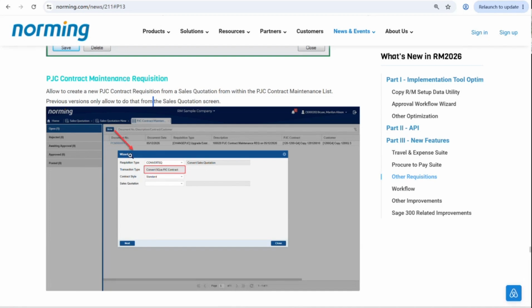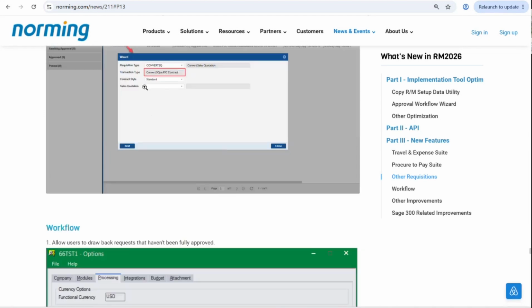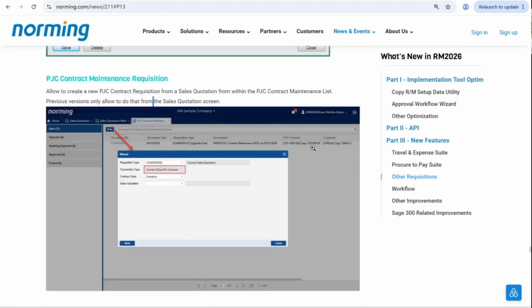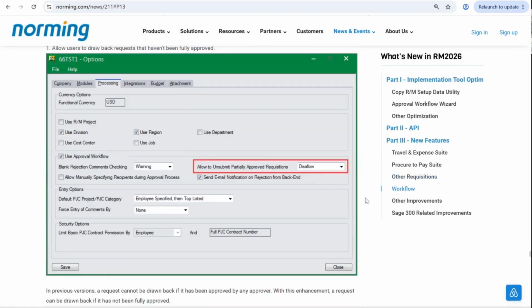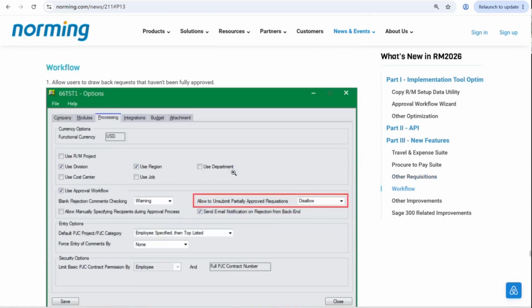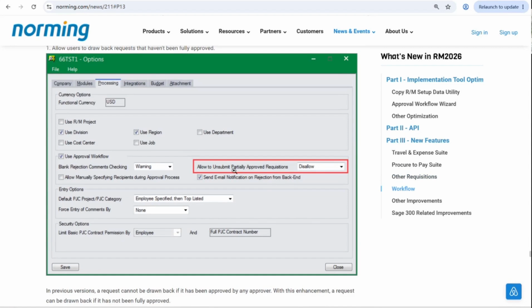If you click new, there's a transaction tab called convert SQ as PDC contract, right? Then you can select the SQ and then create a PDC contract from it. Okay, workflow. Okay, so we have more options for